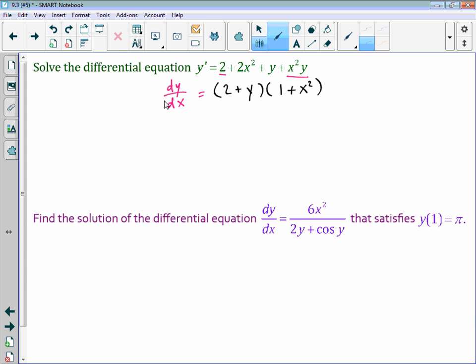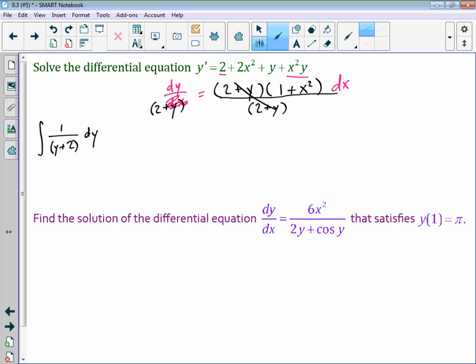Okay, so we said that this is dy dx, so the dx, we just multiply it to the other side, right? So if you have something like this where you're multiplying to get the y's to the other side, what do you do? Divide. So you're going to divide both sides by 2 plus y. And that'll cancel it here, so then you're going to have 2 plus y in the denominator on this side. So really I've got the integral of 1 over 2 plus y, or y plus 2, whichever way you want to write it,